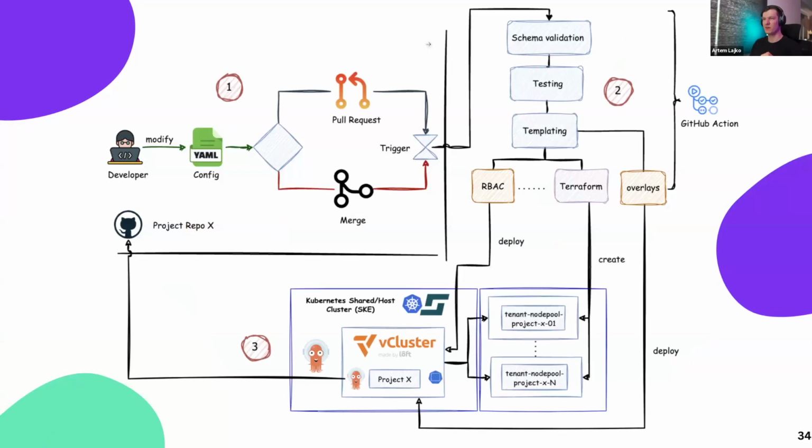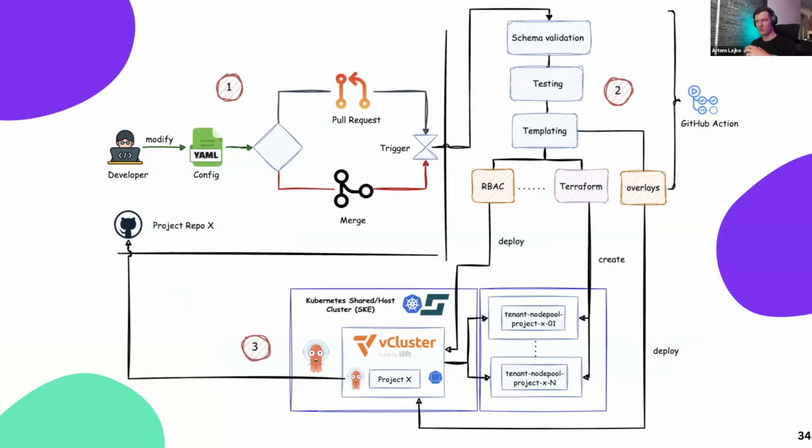We created just one config file. The developer just needs to modify 4 or 5 lines. And then we created pull request-based approaches, or merge for event-driven. And what's happening behind it is it's running a GitHub action with some schema validation, testing, templating, creating user RBAC rules,